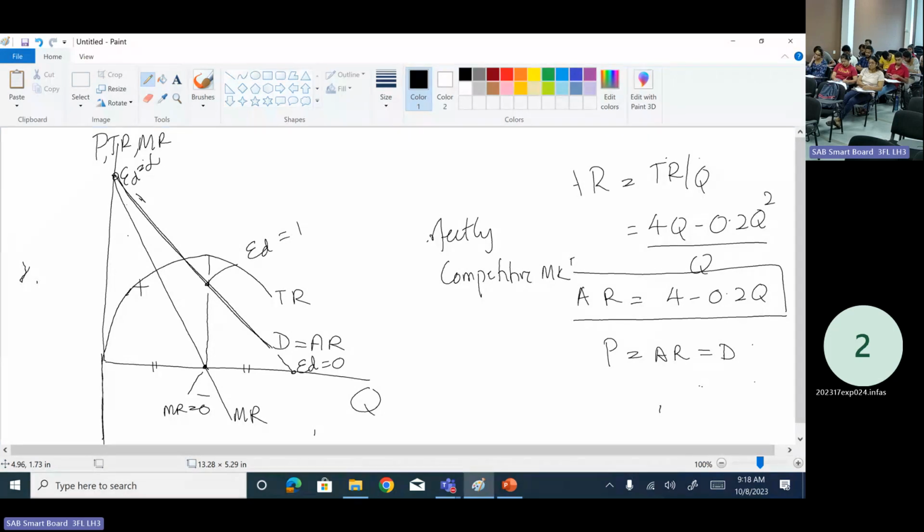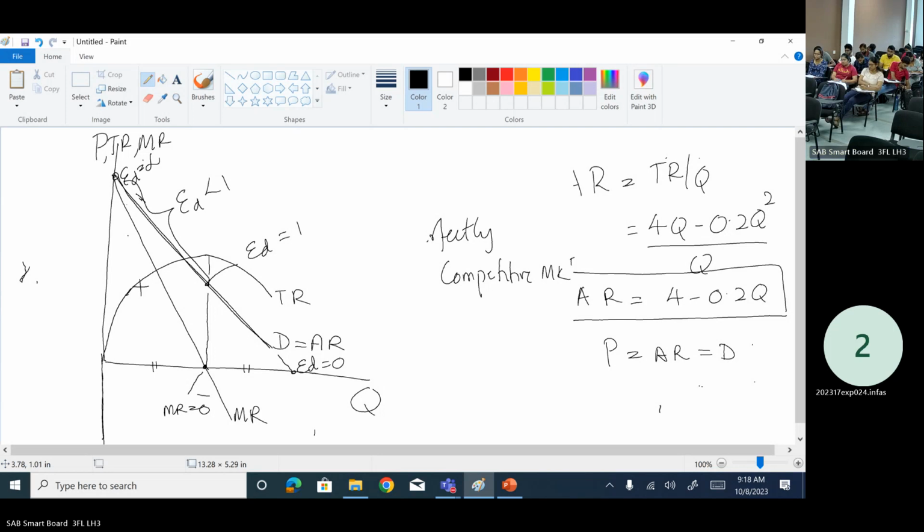At the middle point of the demand curve, price elasticity of demand equals 1. This is for a linear demand curve. So in between, what happens? Between 1 and infinity, price elasticity of demand is